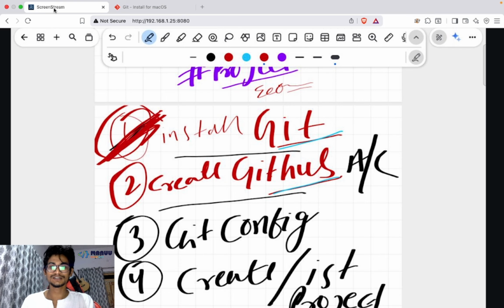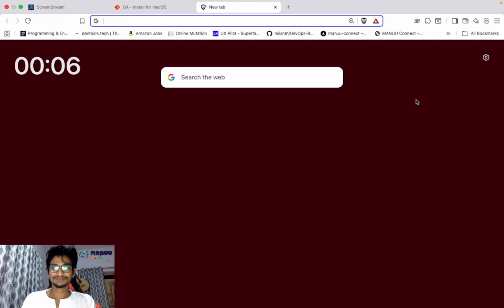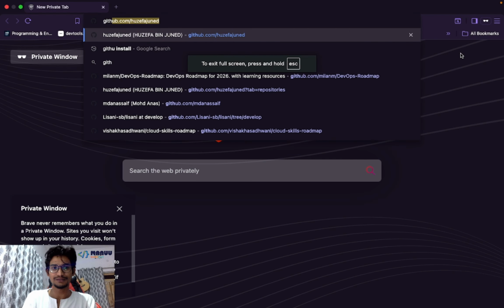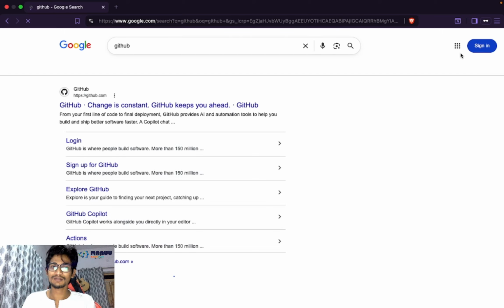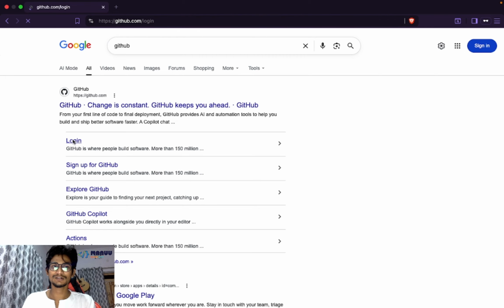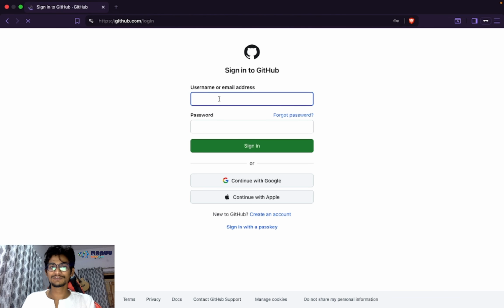Now the second thing is to create a GitHub account. For that, let me search for GitHub. Simple. GitHub. Click on login. There are multiple ways.